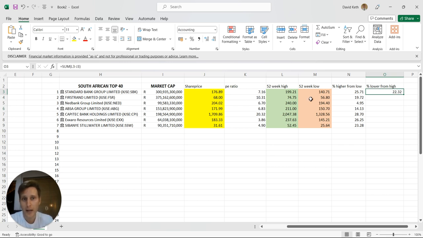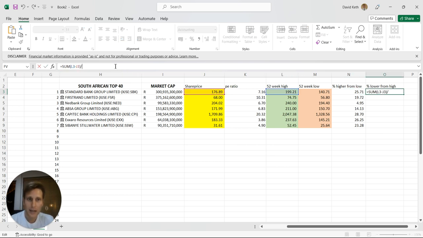So it's 22 Rand lower, we can see that. The 52-week high is 199. Current price is 176. Just by simple math, by looking at it, it's not difficult. You can see that it is 22 Rand, 32 cents lower. Again, what is that in percentage? I need to now divide that